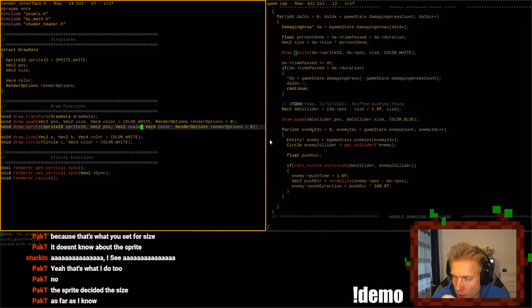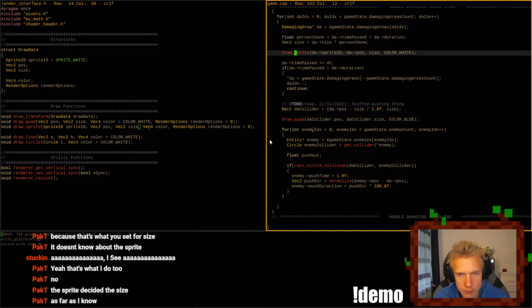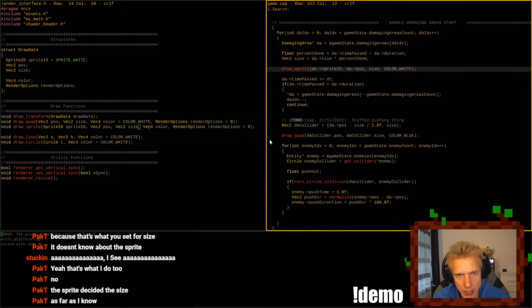By the way, how do you draw a quad in your game when you might not know the size of the sprite? It's an easy fix, I think. Just don't use sub size. Wait, is that the only place in code where we actually call draw sprite?